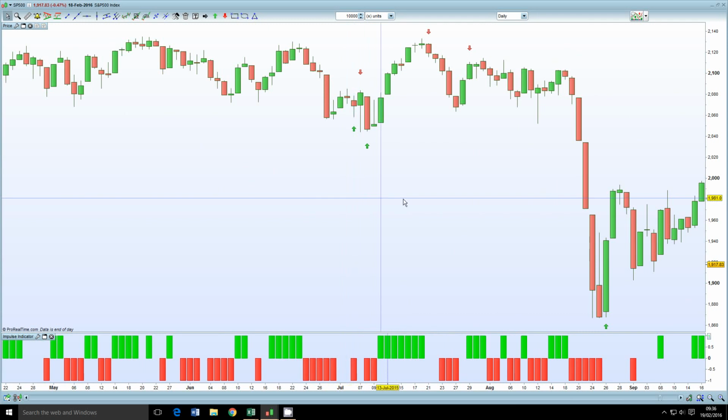Anybody who's traded and been frustrated with markets will know that quite often we do get rallies after a seeming weakness, and we do get drops on strength quite frequently. So I'm going to zoom in here to a period of mid-2015, and we can see what I'm doing is entering on